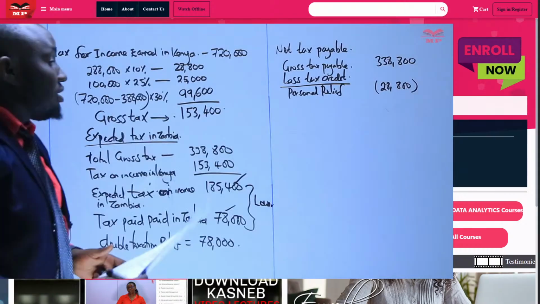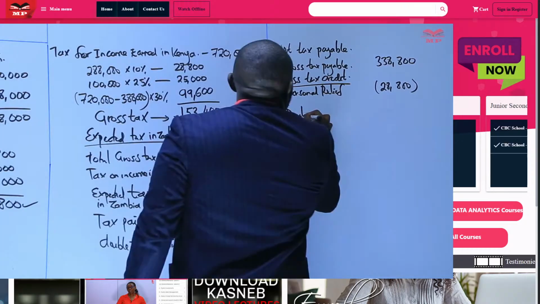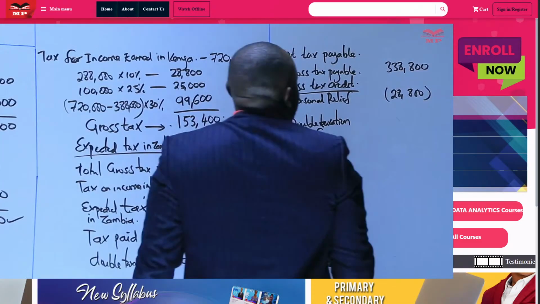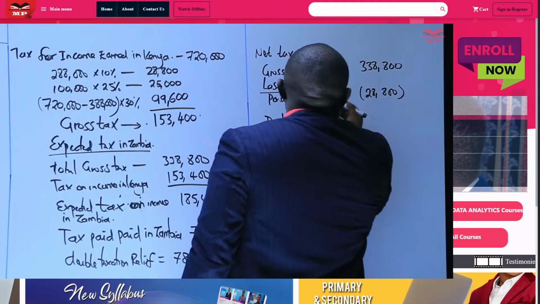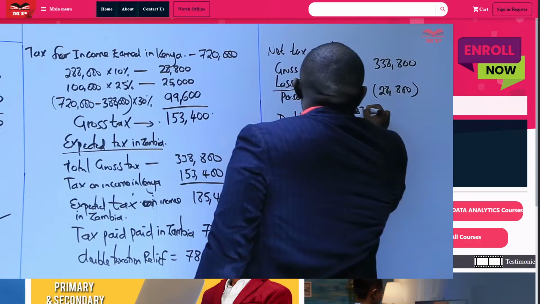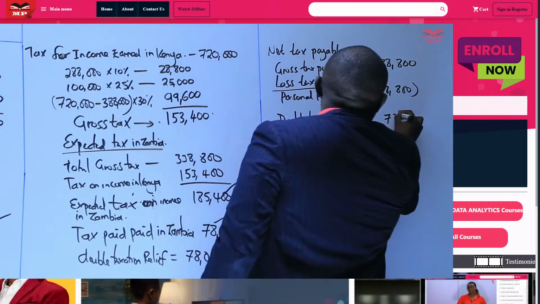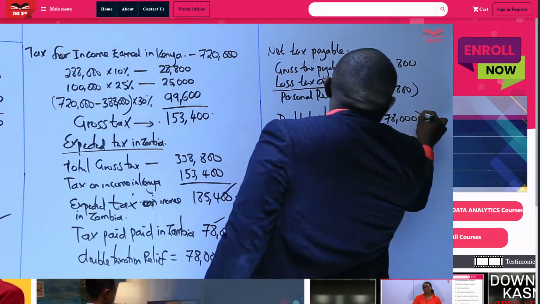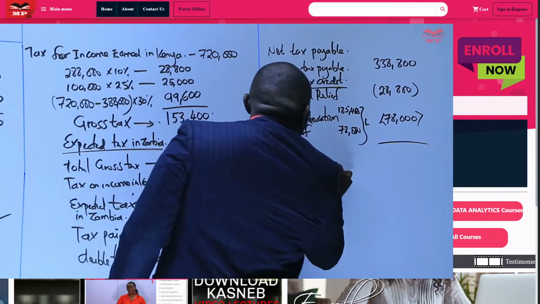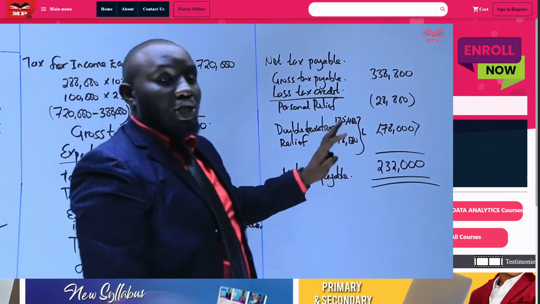Then you have what we call the double taxation relief. When you look at the double taxation relief, we compare the expected tax, that was 185,400, with 78. So we pick the lower. The lower is what is granted as a relief, that is 78. So when you less those two, we get what we call the net tax payable. In that, how we essentially handle a question on double